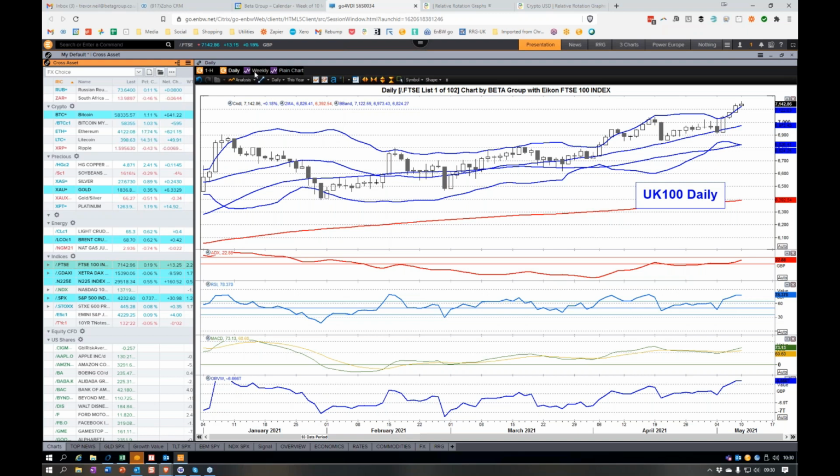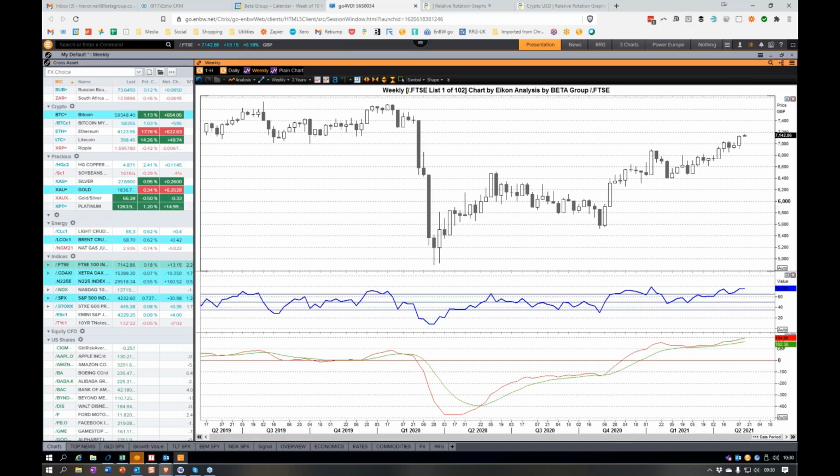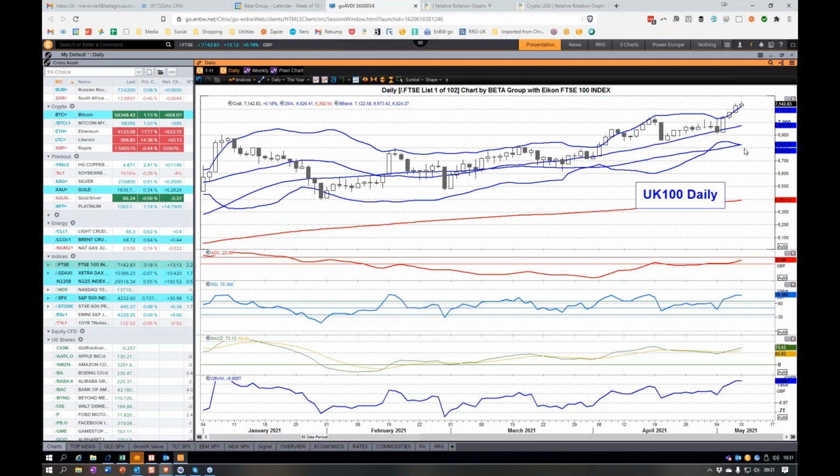The weekly MACD, I always check that to make sure we're on the right side of it. It's been bullish really since 2020. So we're only trading it from the long side, and it's making new recent highs. Looking good, and I think that it should continue to move on higher. I like the look of it. I would say that